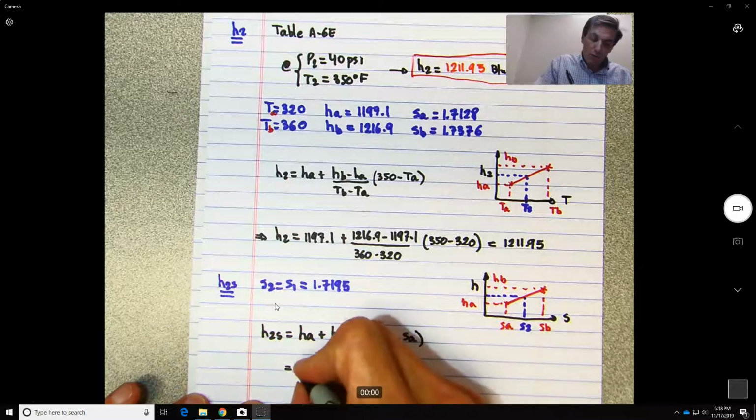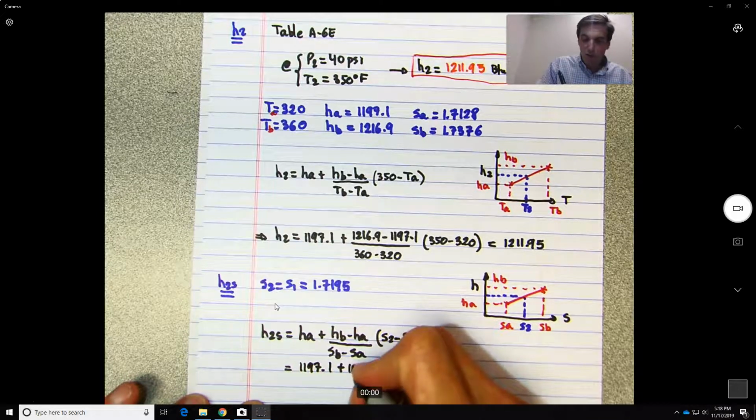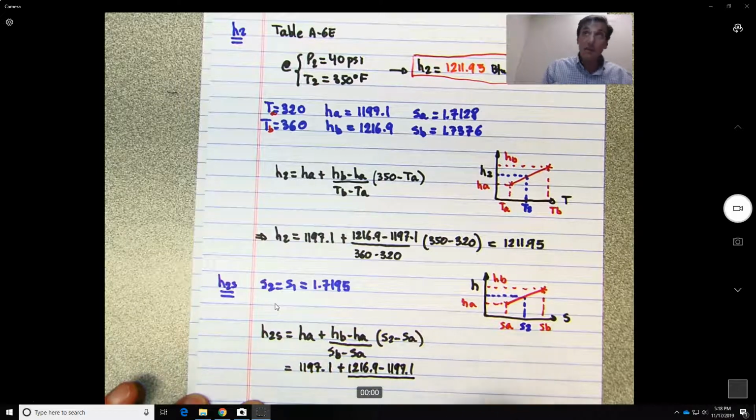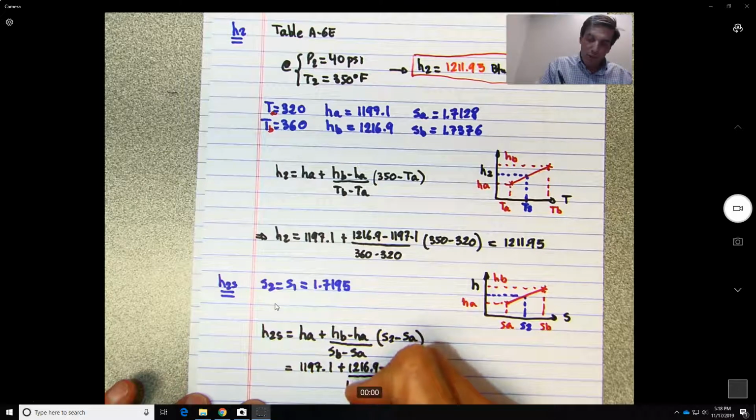We're going to have 1197.1 plus 1216.9 minus 1197.1 divided by